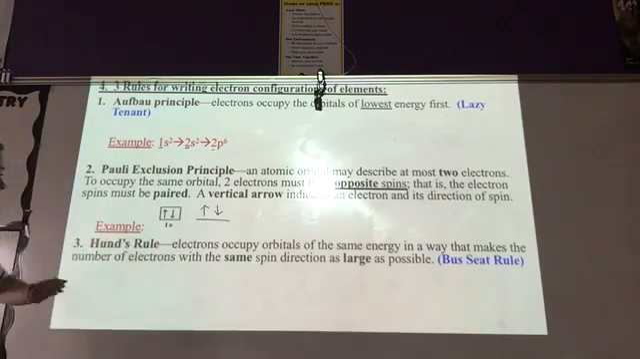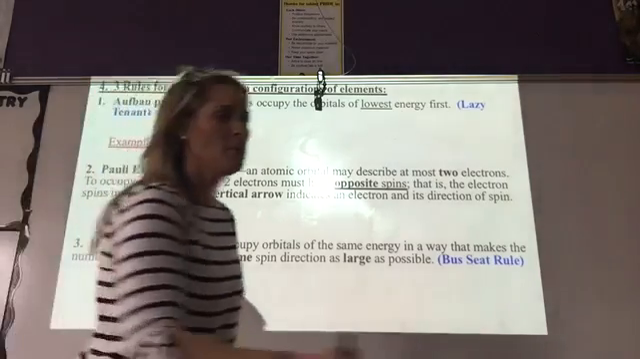Okay. Last one, Hund's rule, my favorite one, the bus seat rule. So what this one says is electrons occupy orbitals of the same energy in a way that makes the number of electrons with the same spin direction as large as possible. And you're saying, what does that mean? Yes, it seems very confusing. But what it really means